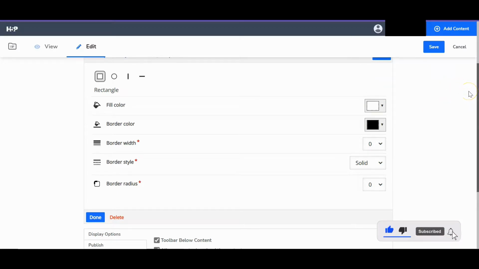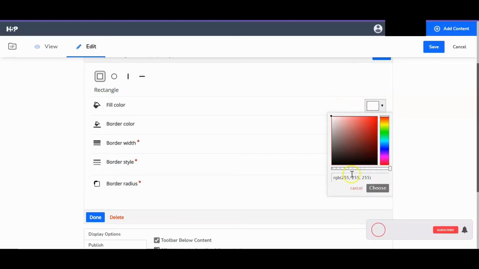So what I'll do first is select fill color. It says RGB 255, 255, 255. I want to make that 0.7. So I'm going to make that 0.7